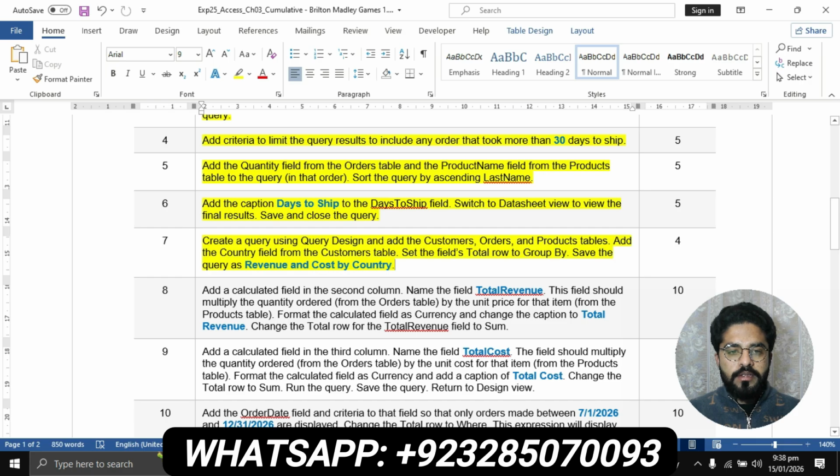Question number 7 is create a query using query design and add the customers, orders, and product tables. Add the country field from the customer table. Set the fields total row to group by. Save the query as revenue and cost by country. The first part is